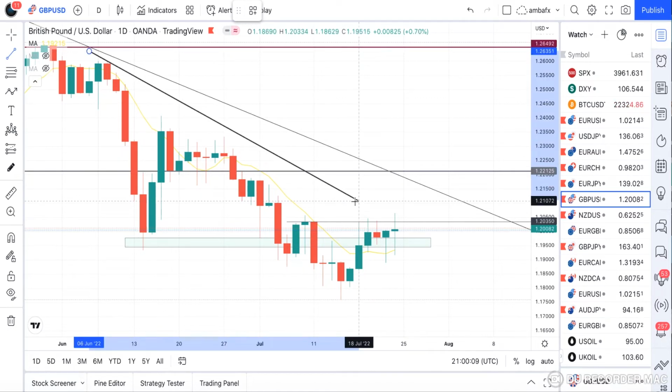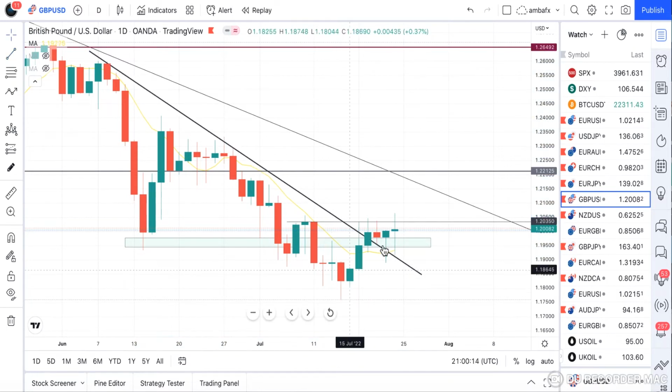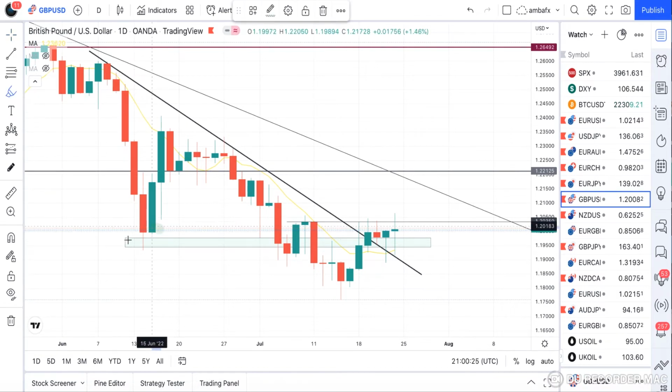Then we see a break of this particular trend line, which invalidates this demand level. As you can see, this is a demand level, so it invalidates it. Initially, as it broke this level, we should have seen a retest and then a rejection, but